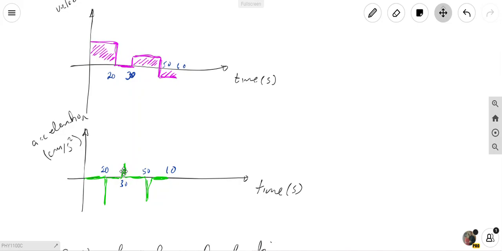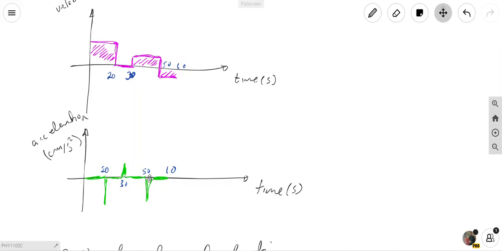And then in this case, this acceleration is positive because there was an increase in the magnitude of the velocity. And again, we see a negative acceleration at 50 seconds because there was again a change, or a decrease, in the magnitude of the velocity at 50 seconds. So that's why you see here a spike in the graph of acceleration versus time, and this is a negative